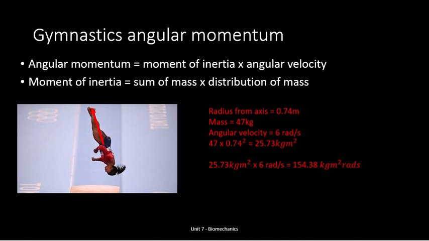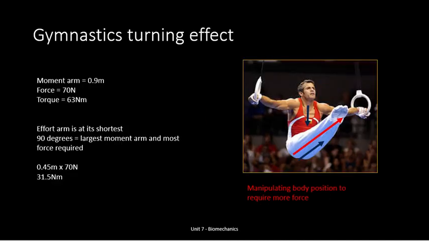And then lastly, the gymnastics turning effect, or torque. In this example here of the gymnast on the rings holding themselves up, the moment arm is the red line shown, which is 0.9 meters, and the force, as the blue arrow facing down, is their body weight, which is about 70 newtons. So using the torque equation, torque equals force times moment arm, the torque is 63 newton meters,